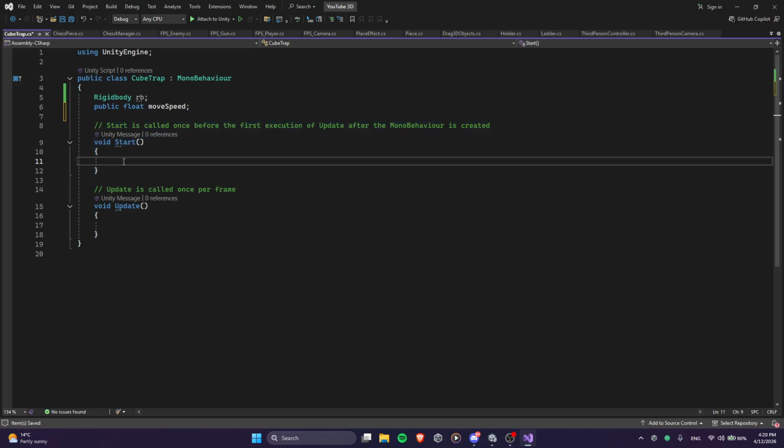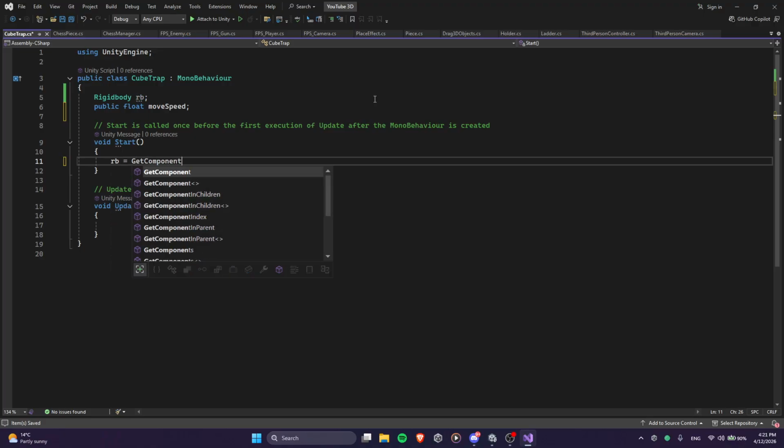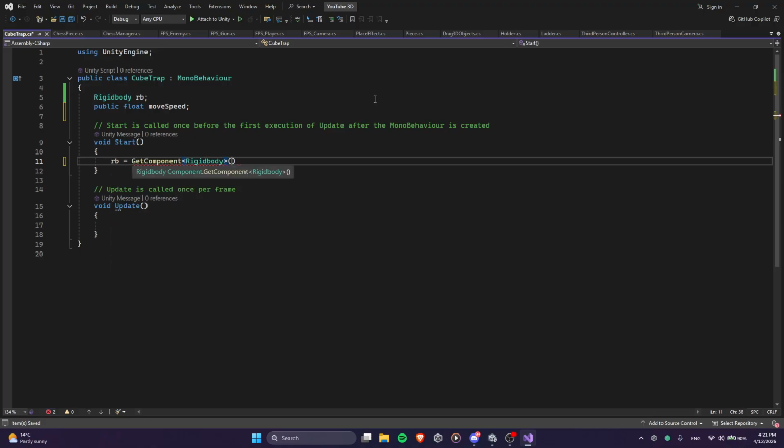It happens once before the Update. And the Update here happens every visual frame, whatever you put inside. So at the start, we want to get the rigid body because we created a variable, but there's nothing in it. So we'll say RB equals GetComponent Rigidbody, and this will look for the rigid body, and if there is a rigid body on the object, it will return it and place it in the variable. So now we have the rigid body,